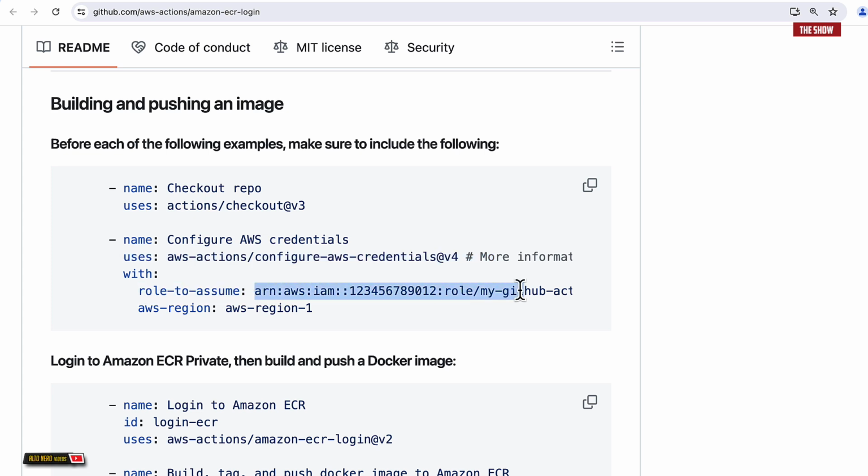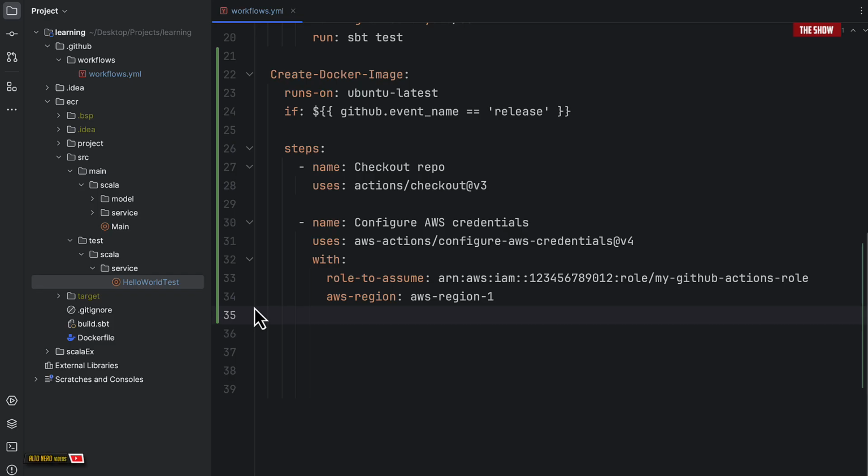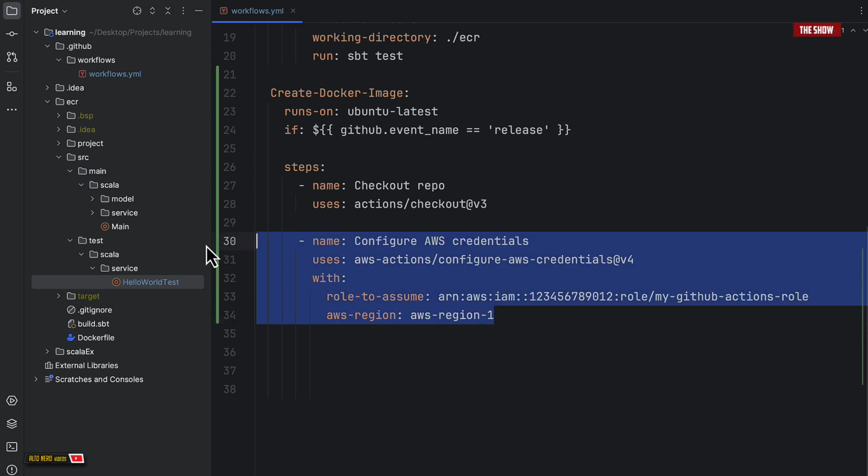So we provided an ARN, and then we can specify which AWS region to use. I'll go ahead and copy this, and then I'm going to paste this over here. This is the main part that we will be changing, but we will get there very soon. The next step that we need to do is to go back to the GitHub repository that we just saw